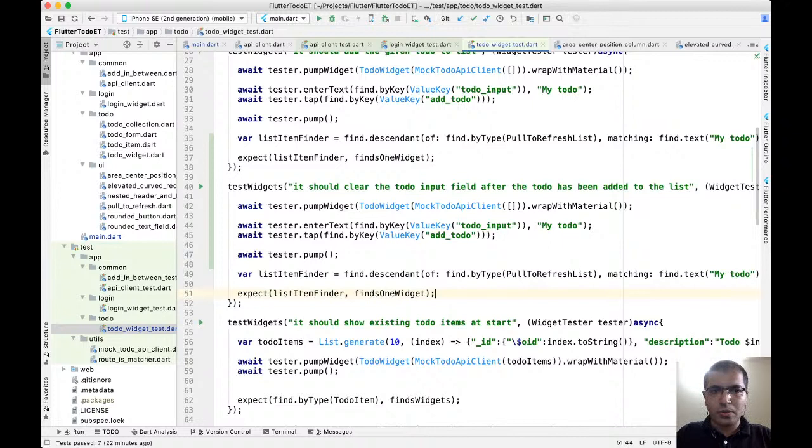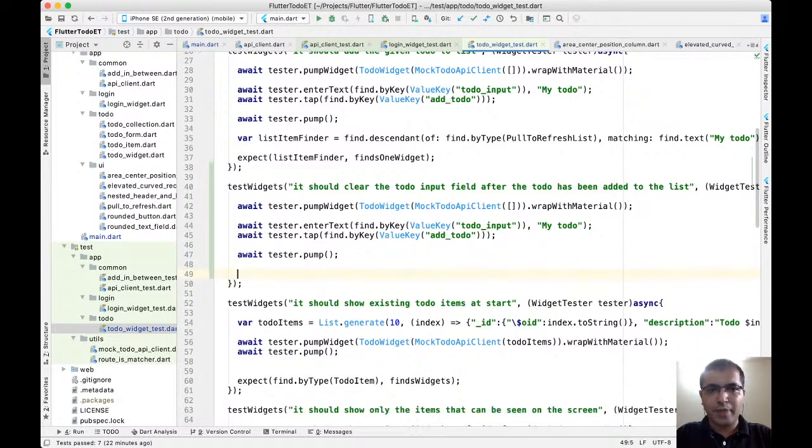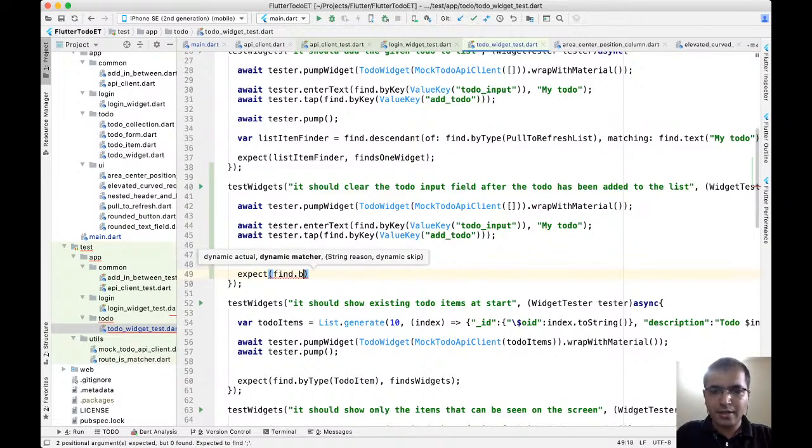All I'm going to do is say expect find.text, and it's my to do. That's the text I entered for my to do, and I'm going to say it should find only one instance of it, finds one widget, right?